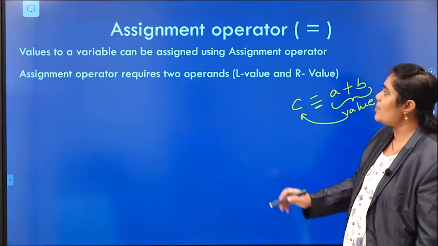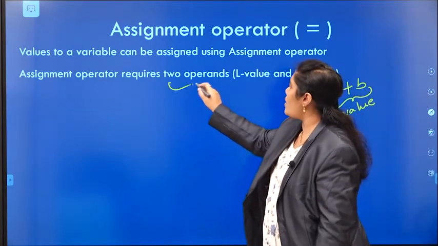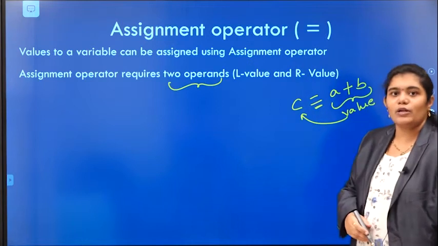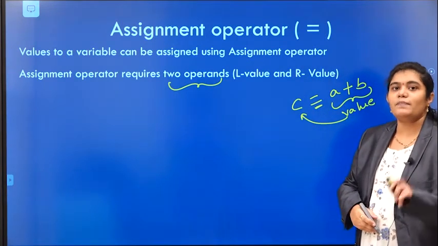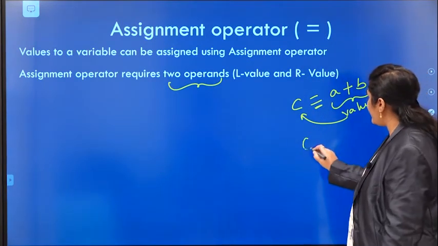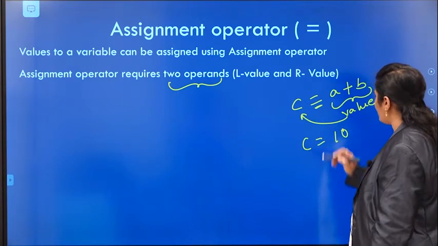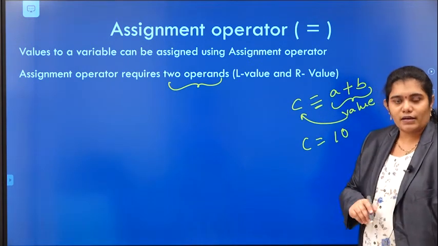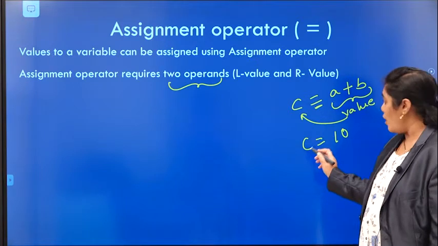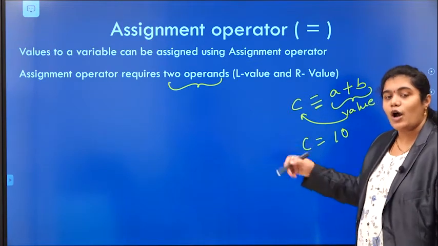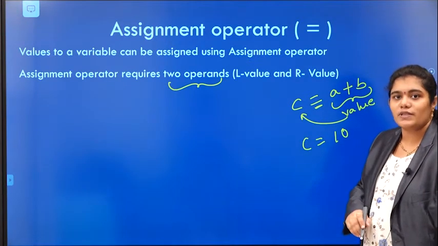So how many operands does an assignment operator require? It requires a minimum of 2 operands, like C equals to 10. How many operators are we using here?